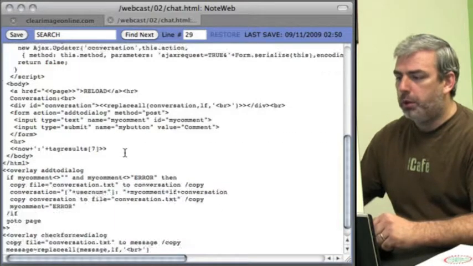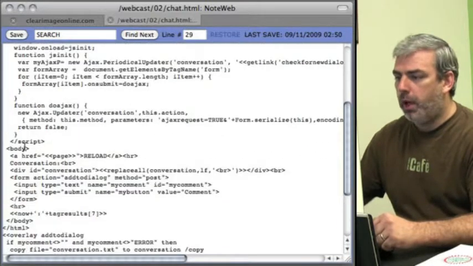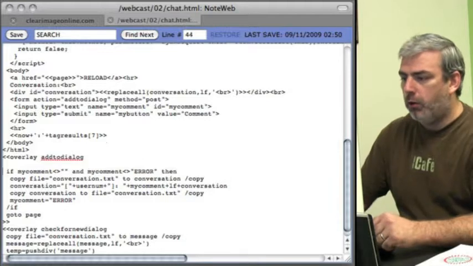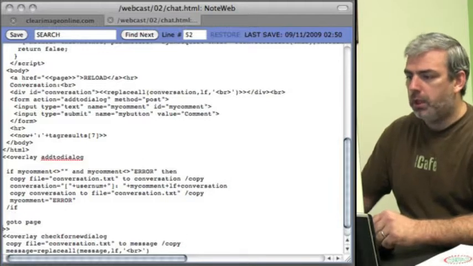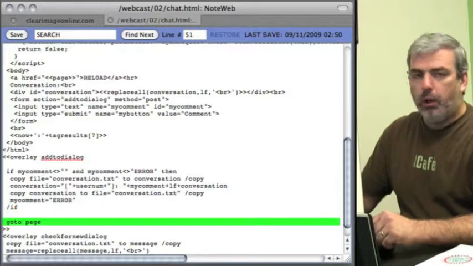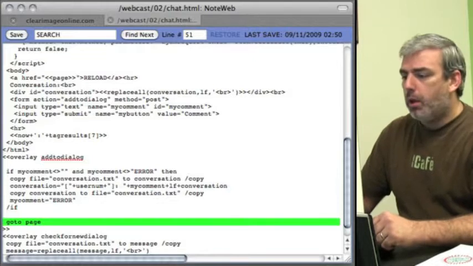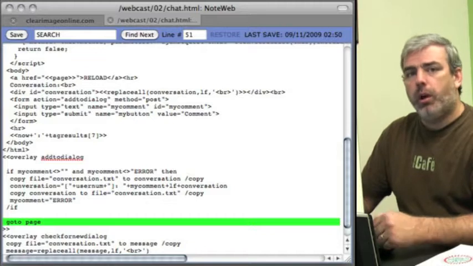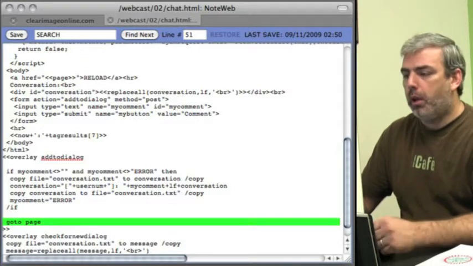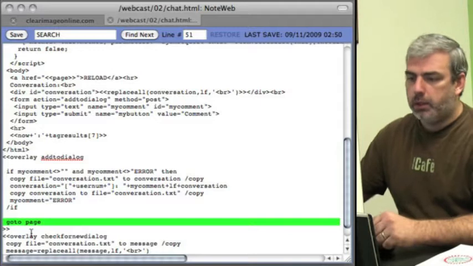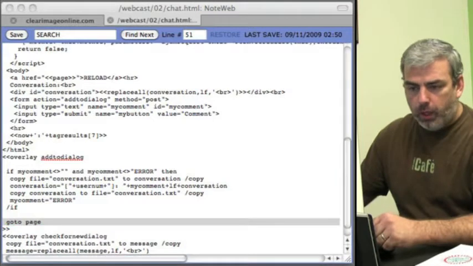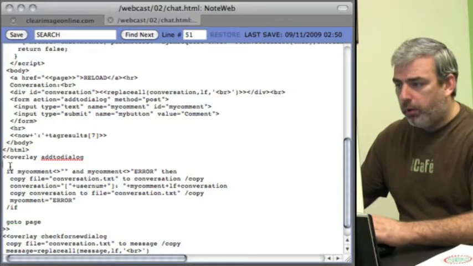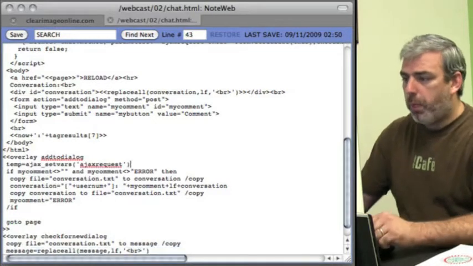Okay, and if you remember right, once we do an AJAX, we have to add some special things to the overlay, because at the end of an overlay normally we go to the page, but if it's AJAX we don't want to go to the page, we want to just return the particular div that it's asking for. And to do that we have this mechanism we set up where we get a